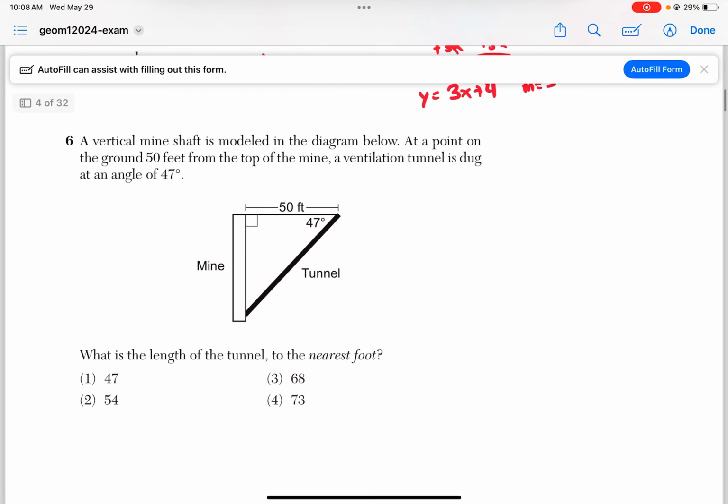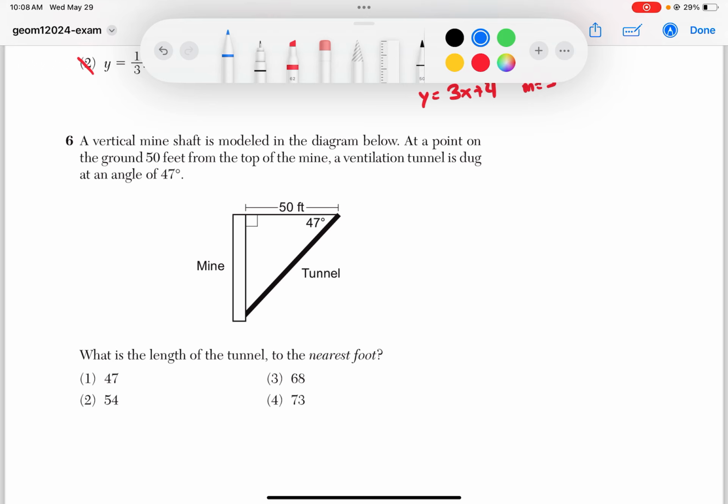Number 6, I have a right triangle with a reference angle and a missing side. So this is definitely going to be SOHCAHTOA. I want the length of the tunnel, using 47 degrees as my reference angle. 50, since it's right next to the reference angle, is the adjacent side. And the tunnel is the hypotenuse. So if I reference my SOHCAHTOA,